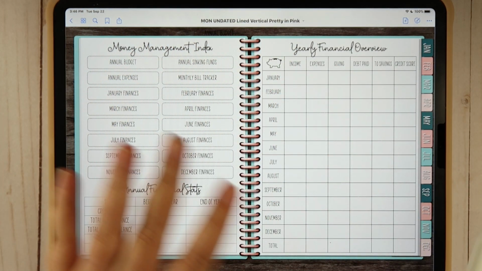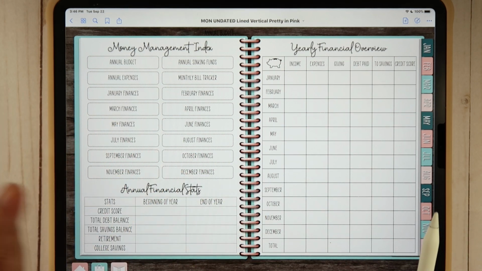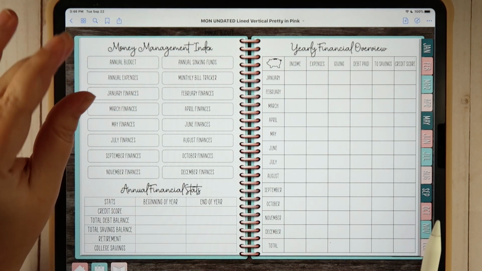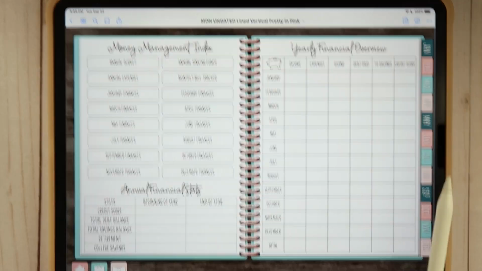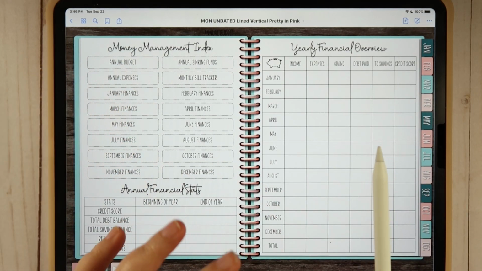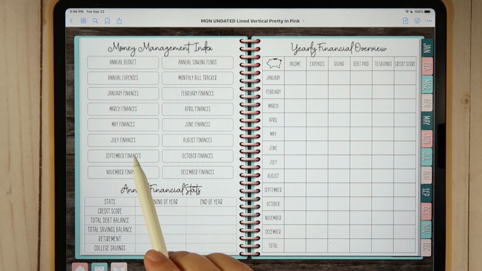So just something to be aware of, because I've gotten questions about that, is if you ever want to get back to a main section, look for a little clip art thing in the upper left hand corner, because that will always take you back to that main section, so you don't have to go back to the index and then click on it and all that kind of stuff. And if you're ever wanting to get back to the month and the budget or the wellness tracker, whatever it is, just look for the script of that month, click on it. I made that all clickable, so it should take you back. But let's go to September